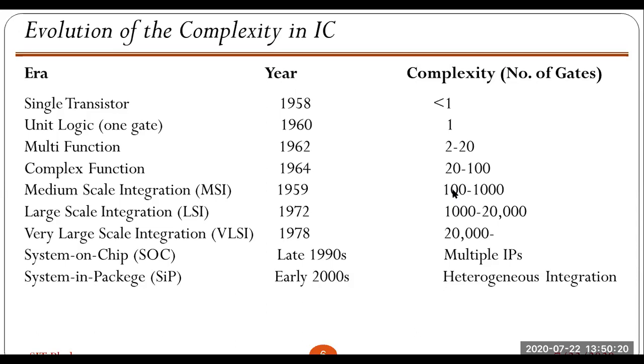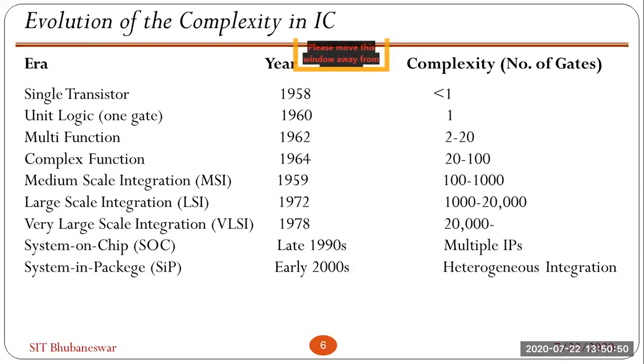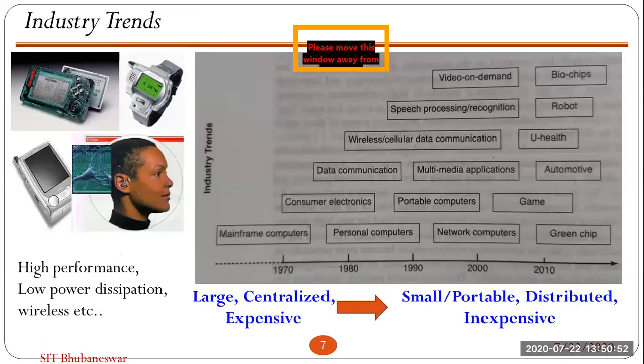Okay, so now if you see Intel and AMD, both are in the market. You can see dual, quad core, octa core. Then you can see the versions i3, i5, i7, i9, and AMD Ryzen. Different versions are there. Okay, so these are the evolution and complexity inside the IC, and how this VLSI industry grows.